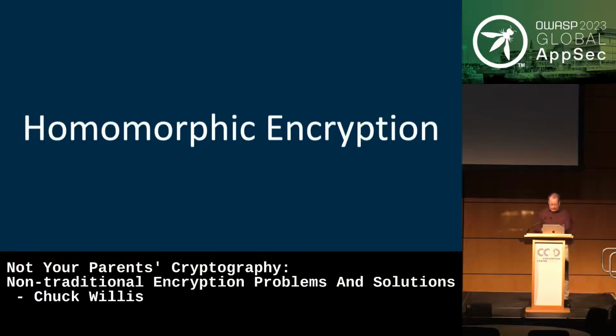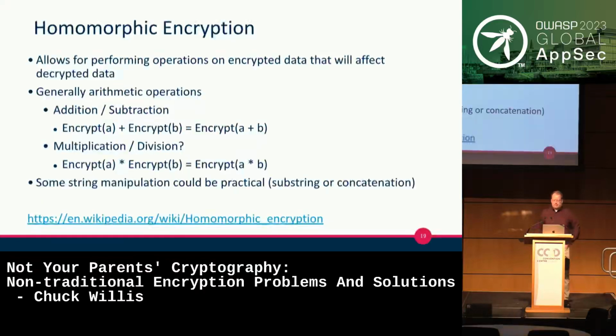Okay, so another thing you might have heard of before is what's called homomorphic encryption. It's kind of a strange animal, and I'm not quite sure how it got the name; I think it has to do with some of the mathematical properties. But the basic idea is that when you think about homomorphic encryption, you're thinking about integers or some sort of numbers. And what you can do is take the encrypted data and perform operations on it in such a way that the resulting ciphertext is going to be the equivalent of performing those operations before the encryption.